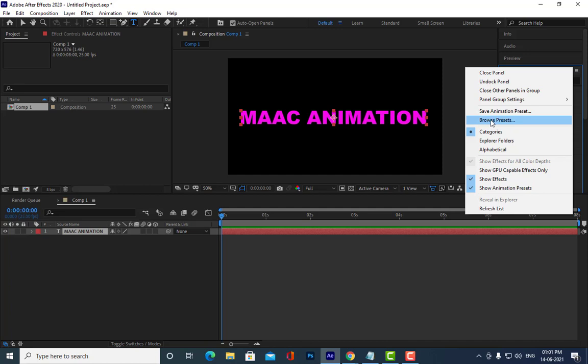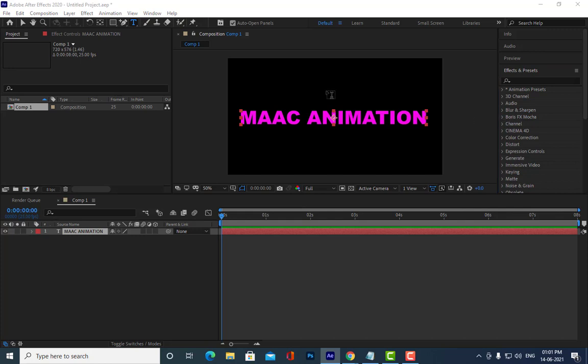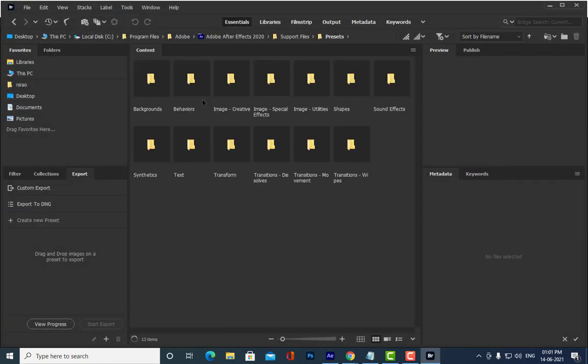See here, we have something called browse presets. Everybody is able to see this browse presets? Yes, sir. Okay, once you click on that, see here, this window is actually Adobe Bridge.